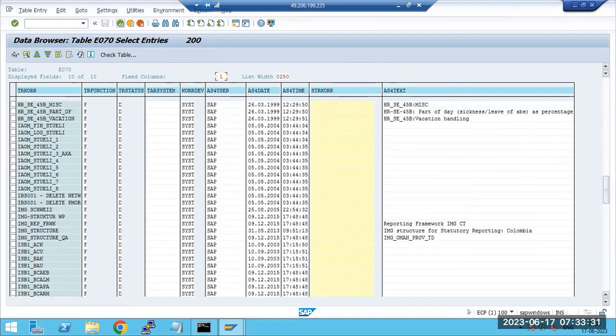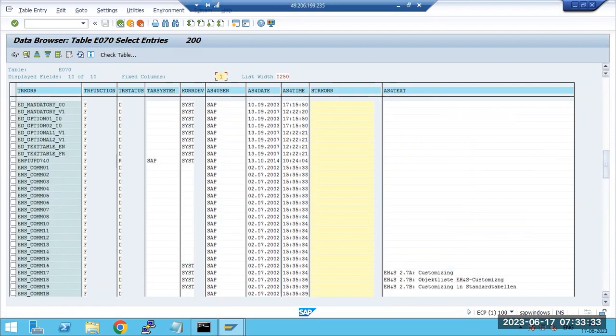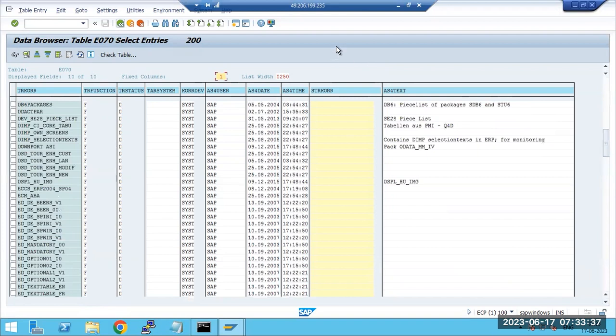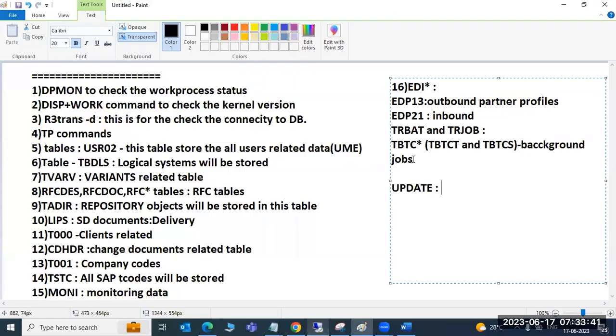This is called the transport change request table. So the E070 star tables are the change request related tables.